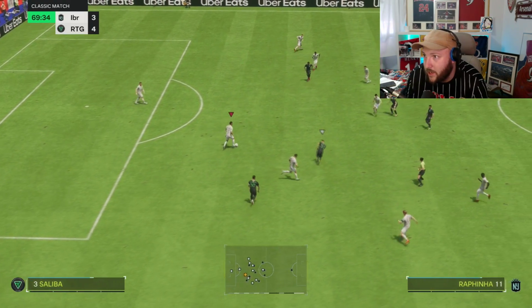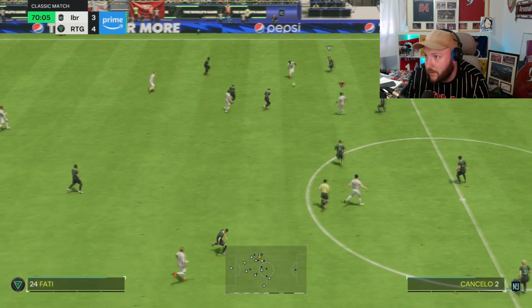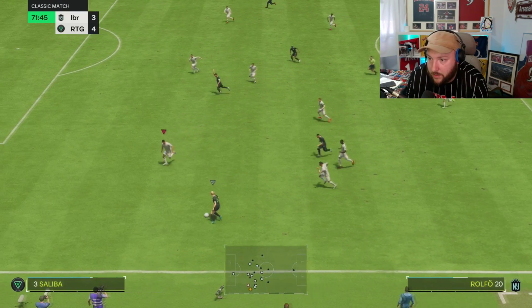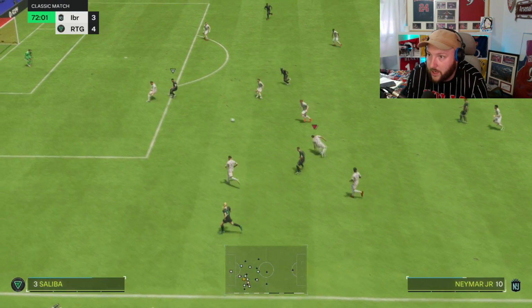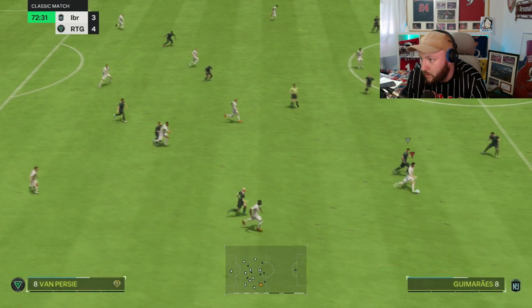Back to Saliba again. Looking for the space, going to pick it out wide. Lovely ball, and now we've got ourselves a lovely attack out of that situation where we nearly conceded. Saliba's got to come over. He's trying to get away from Saliba. I don't mind that. Force him into that bad pass. We win possession back. Again, even if we do small things like that,